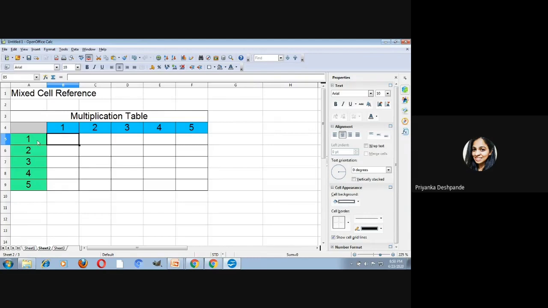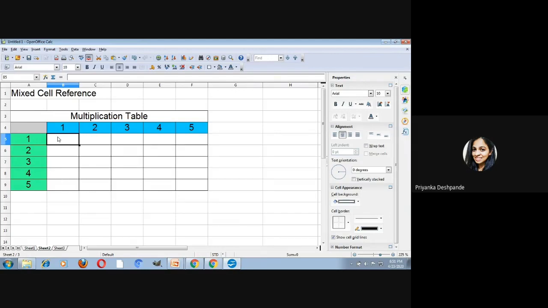That is 1 into 1. Let us give it cell reference. Let us use the cell reference B4 and A1. So this 1, that is B4, will be constant for all these cells, right?